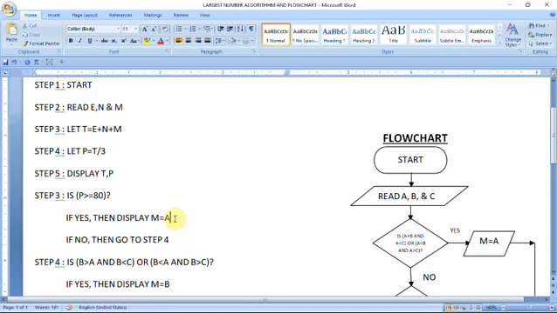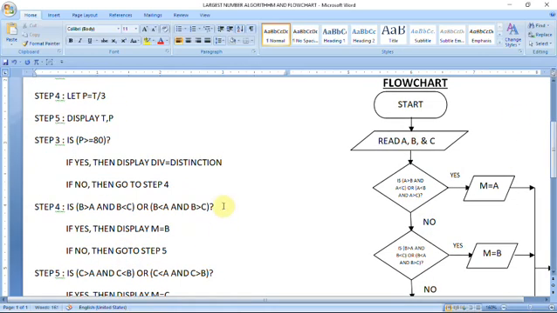Then display what? Simply I want to write D equal to, D means division. If you want to write a big name also, no problem: DIV equal to DISTINCTION. If no, then go to another step.